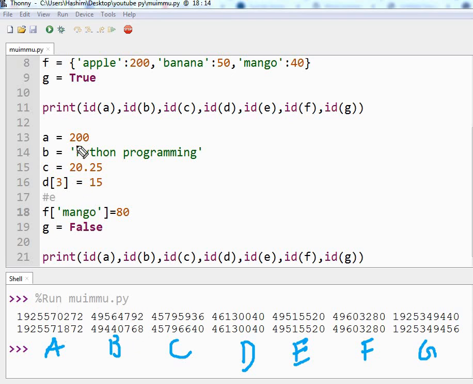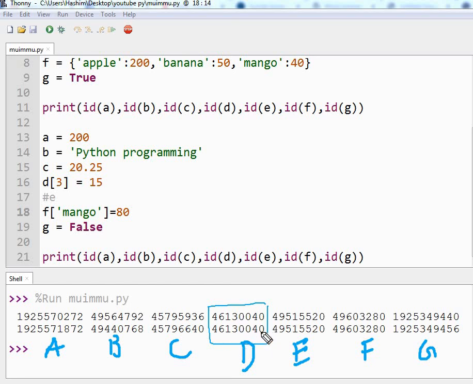In B, which was a string, yes, the memory address has changed, so you can say that string is also immutable. C, the same is the case with our floating point, the memory address has changed. And finally D, which was a list. Now what you are seeing is that the address is the same.